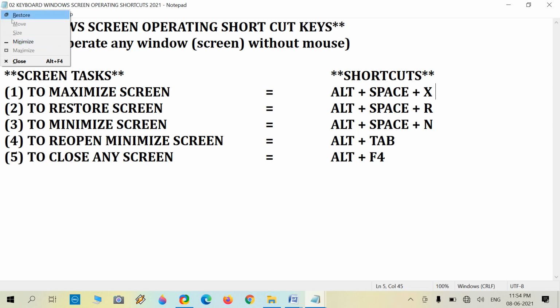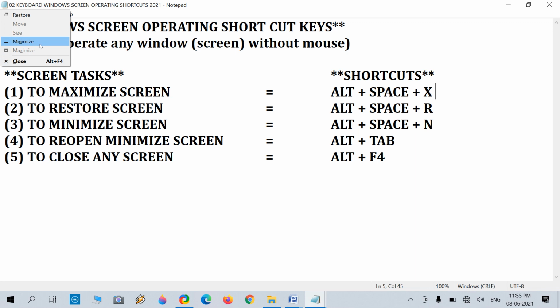Why are N or R used? Look here: in restore, there is an underline below the R, in minimize there is an underline below the N, and in close there is an underline below the C. So the underlined character is used in combination with the shortcut key.